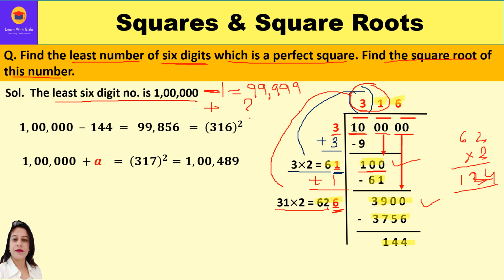And if you see, if I subtract 1 lakh minus 144, I will get a 5-digit number 99,856, which is a square of 316. So this is ruled out. I cannot have a square number of 5 digits. Naturally, I have to add some number to it to get a square number. And the next number after 316 is 317, which will give me a square number 1,00,489. This I have roughly calculated, right? So I have got this 1,00,489 by adding some number to it. I can roughly say it is 489. But how did I get this 489? Let us see.